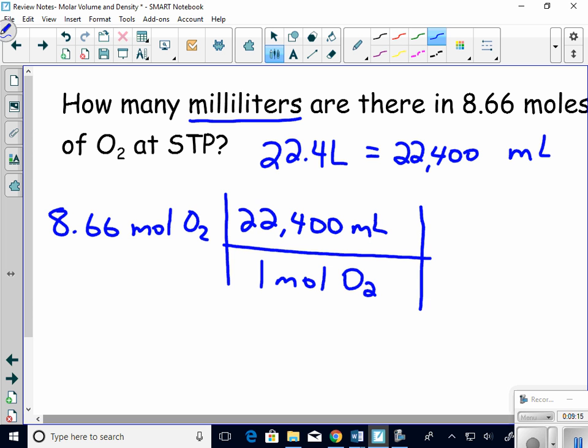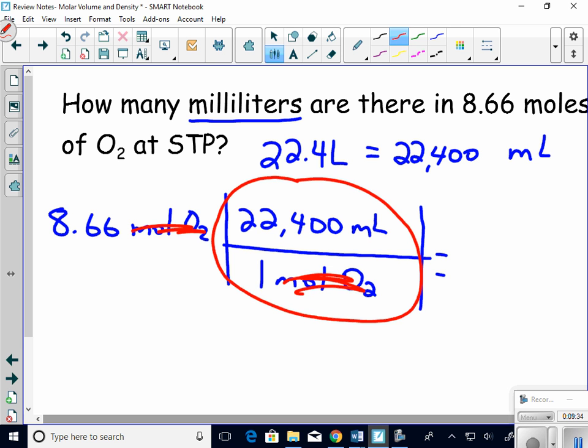22,400 milliliters. Is that still an equality, folks? Is this right here still an equality? Is 1 mole equal to 22,400 milliliters? Yeah, that's still an equality, okay? So I still get my cancellation of my moles, so I know that my label's going to be milliliters of oxygen. When I do my math, I just take the